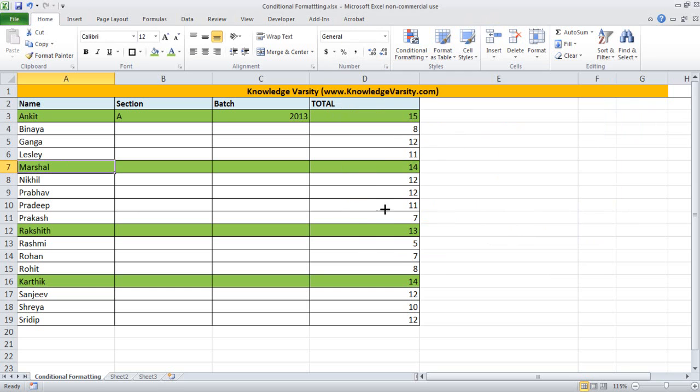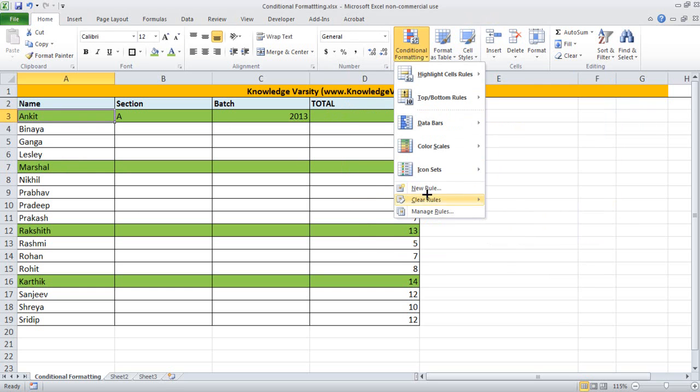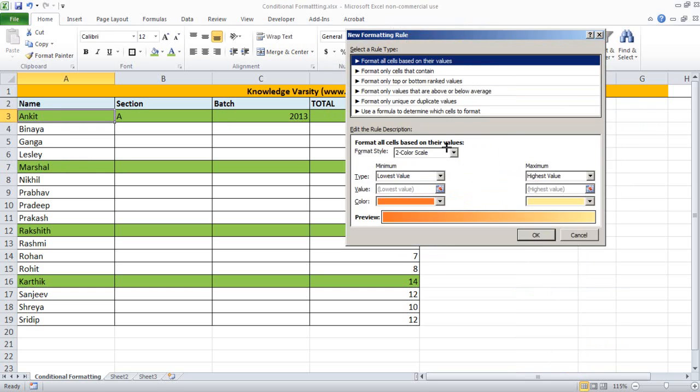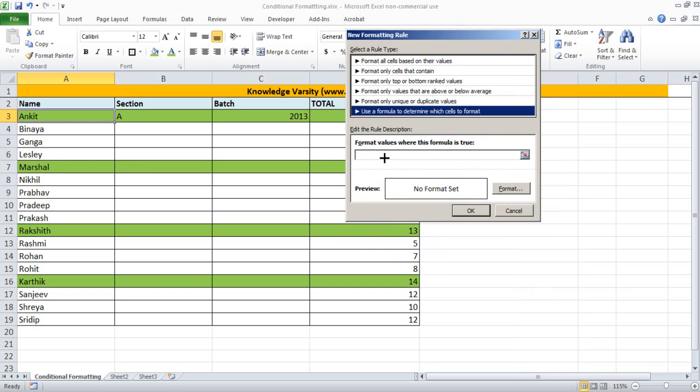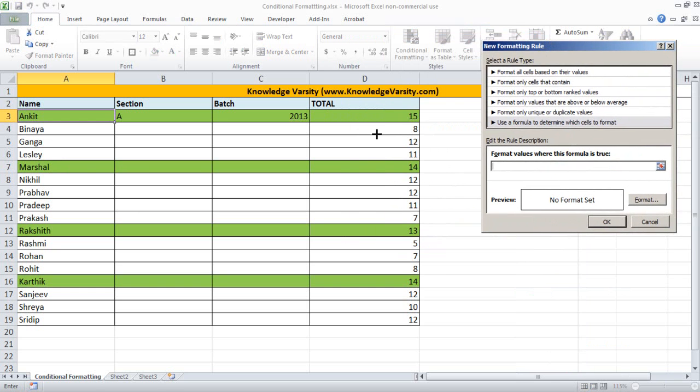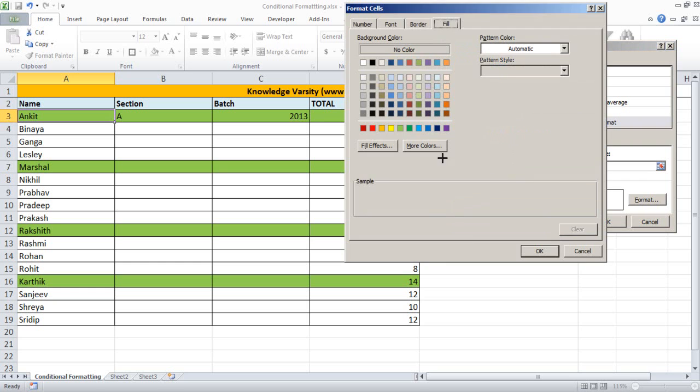Similarly, I want to apply another rule: if they have scored, here we should make sure that we are using absolute referencing, less than or equal to 8, then this should be red.